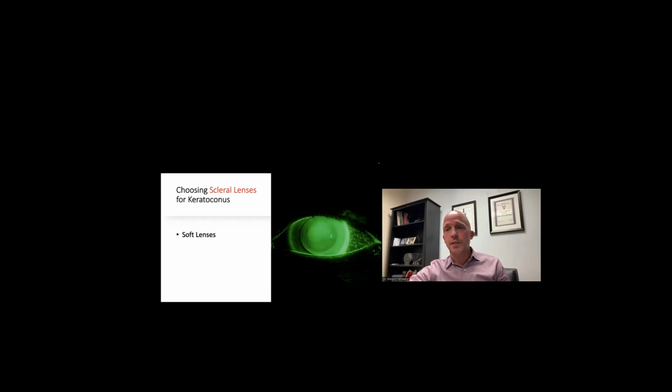And the first option is our soft contact lenses. Even for the forme fruste, the very mild keratoconus patient, you may actually be able to fit them in a regular molded, daily disposable, or frequently replaced soft contact lens. And in fact, I have patients, and we'll see an example of this later, who are so asymmetric with their keratoconus that in one eye they wear a daily disposable lens,